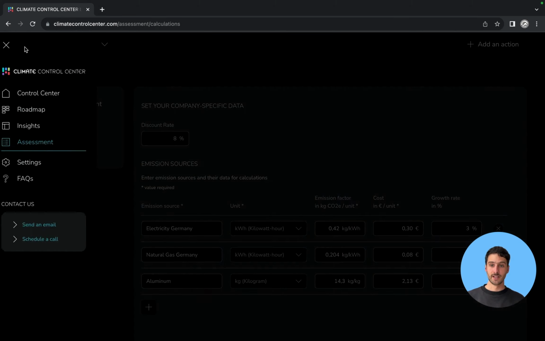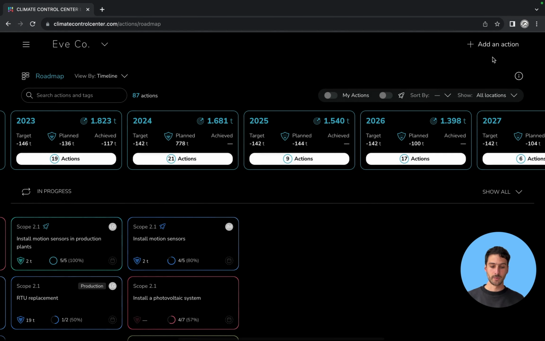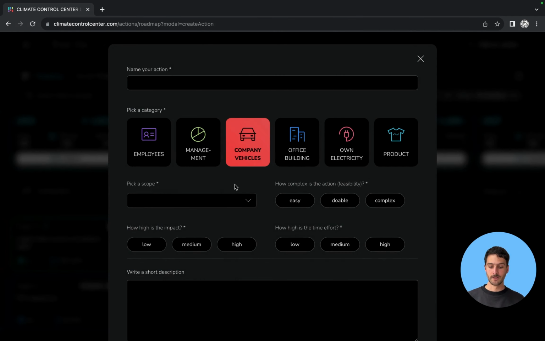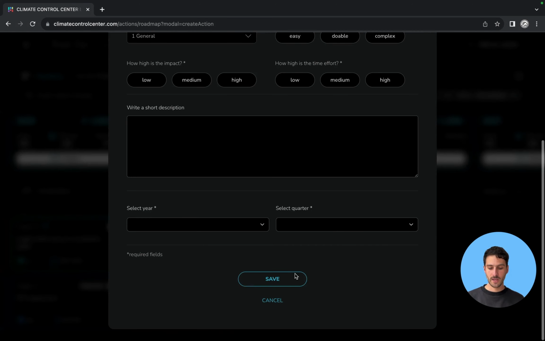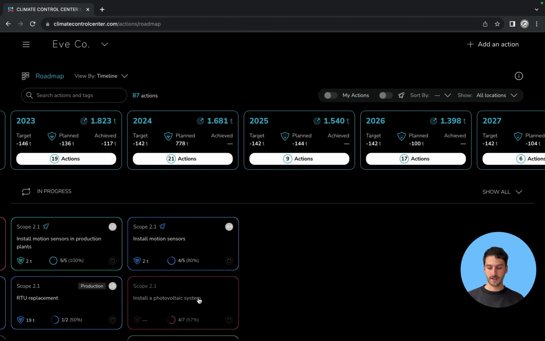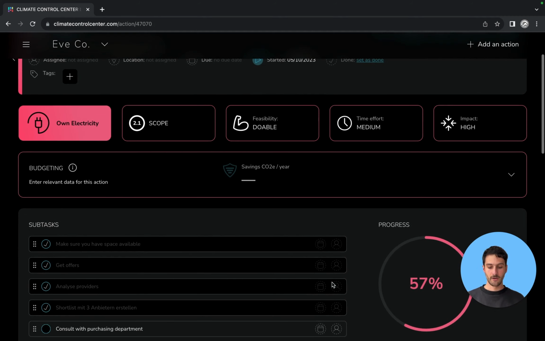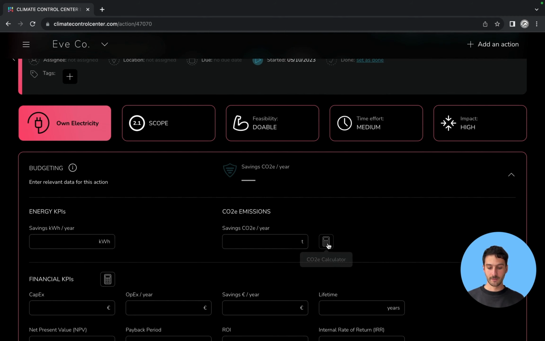Once we have this done, we can go back to the roadmap and, for example, create a new action attributed to a category as well as to a scope. But in this case, I'm going to use this action here that I have already duplicated for our example. Now I can use the budgeting section again, and by clicking on this icon here, I can open the CO2